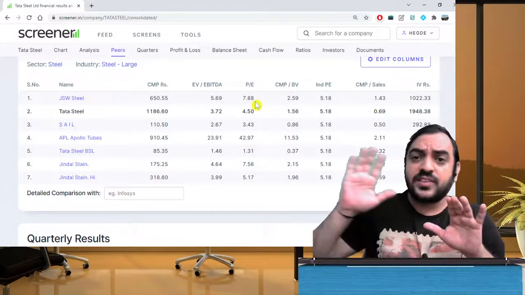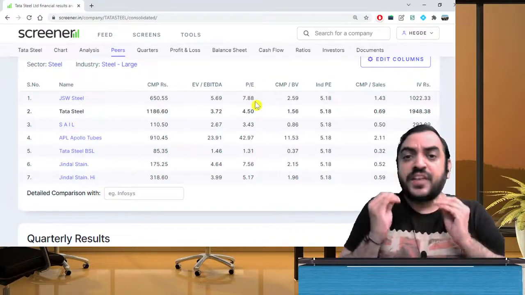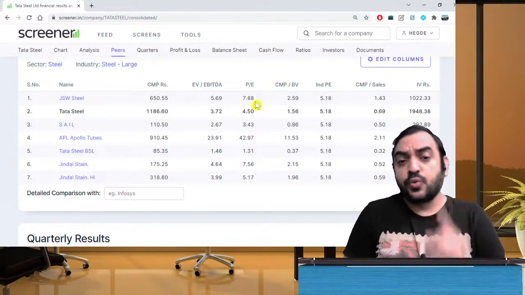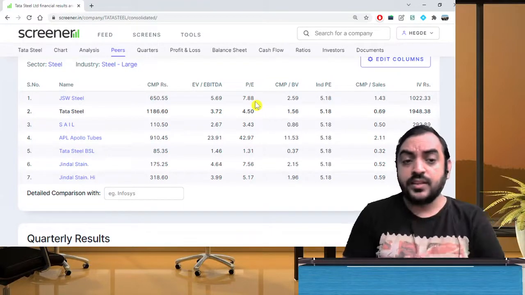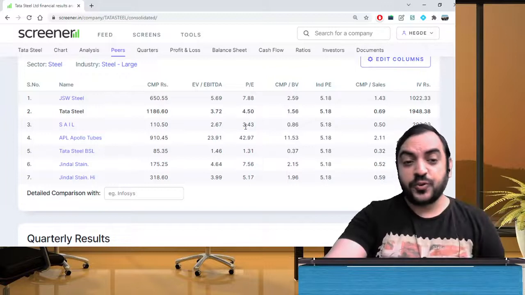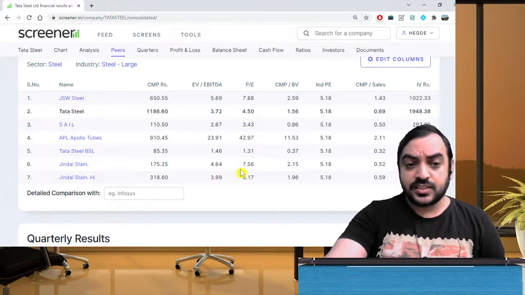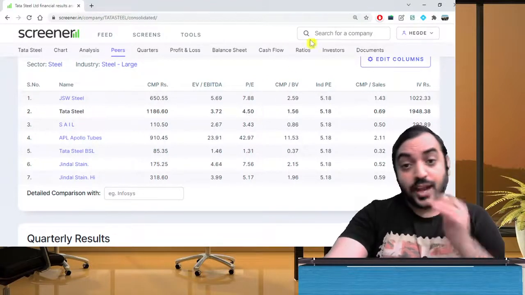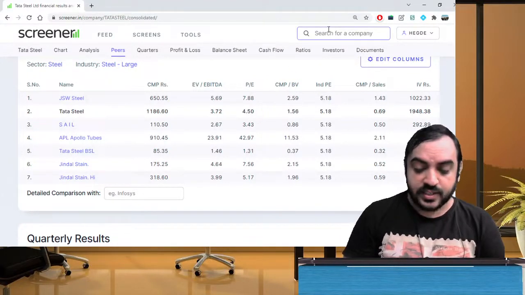So all other things remaining constant, if I have to consider only P ratio as the basis, then I would invest in Tata Steel more than JSW Steel. SAIL has an even lower P ratio, 3.43. Jindal Stainless Steel, 7.56, is more. Okay. Now, I would like to go for one more company. Let's say I'll go for